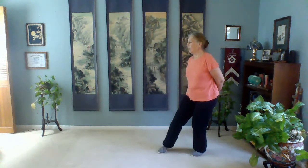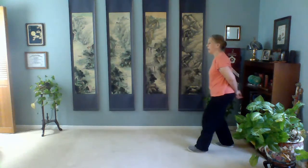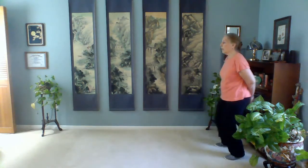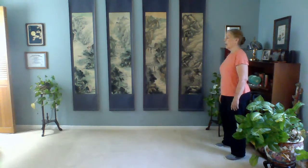Alright, our Tai Chi form, I'm still going back one more. Our Tai Chi form has forward and backward moves, right? We have a lot of things moving forward. Stand straight. Push back the monkey, stepping backward. This stepping method, right? Both feet straight. I'm going to turn out. And as I step forward,